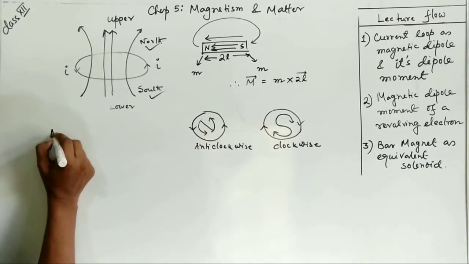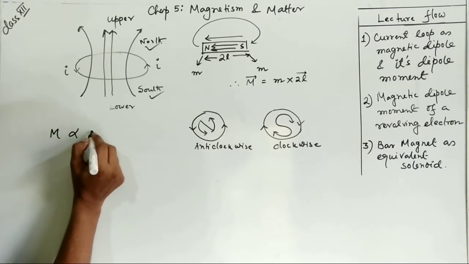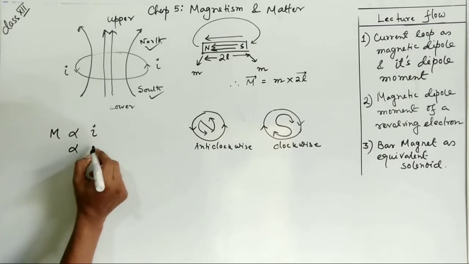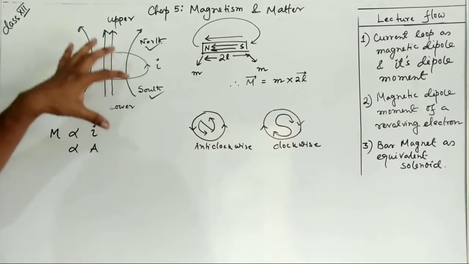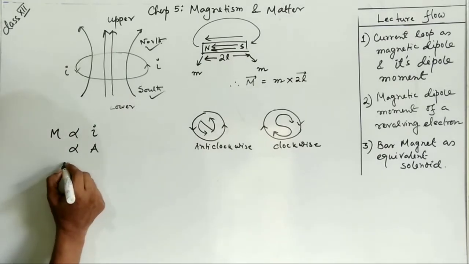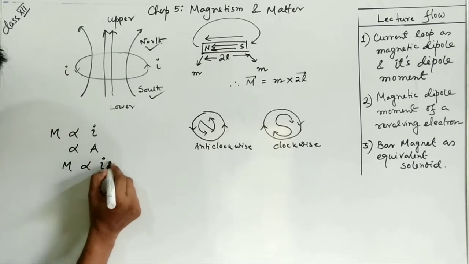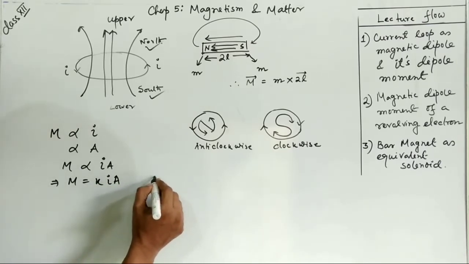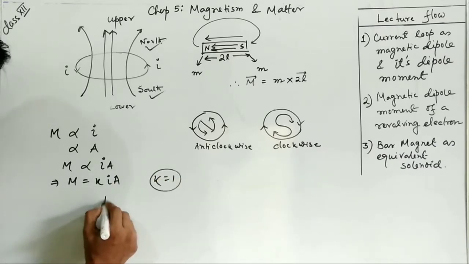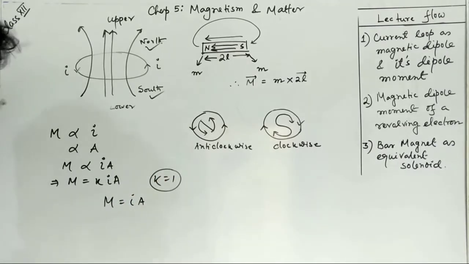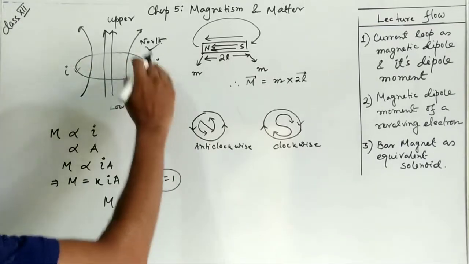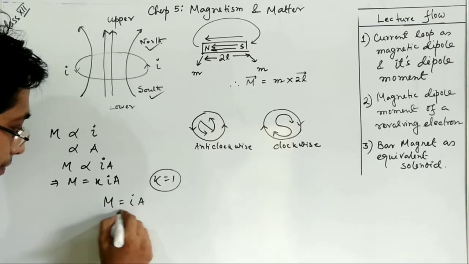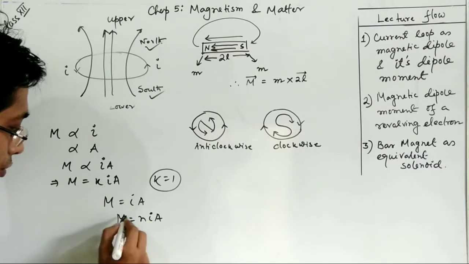So magnetic dipole moment, for that suppose it will be M. M will be proportional to I, that is the amount of current flowing through this wire, and also it will be proportional to the area of cross section of the loop. So combined it will be M varies as IA. So M will equal some constant times IA. From the experimental value we have got K is equal to 1, then M is equal to IA, and if we consider N number of turns for the loop, then M is equal to NIA. Okay, so this is the formula.